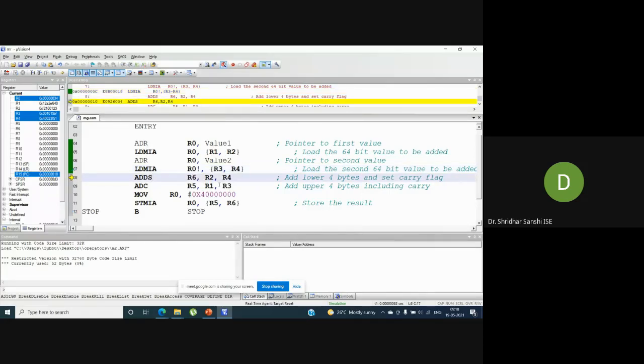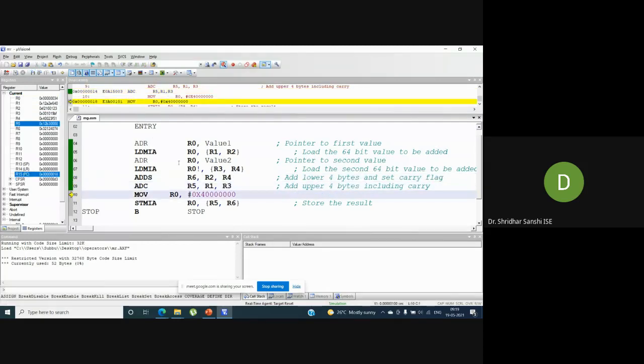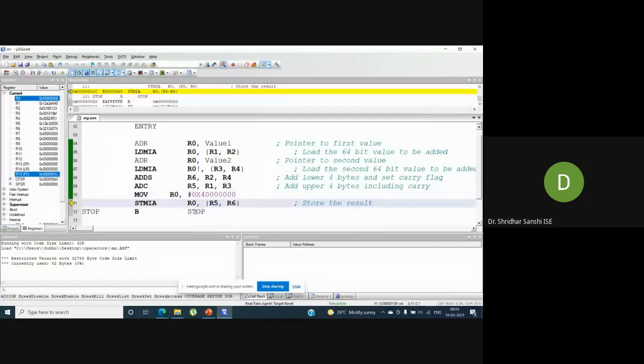Next we are doing addition, and then we want to store the result in the memory. That's why I have moved this address to R0. So R0 is our base register.